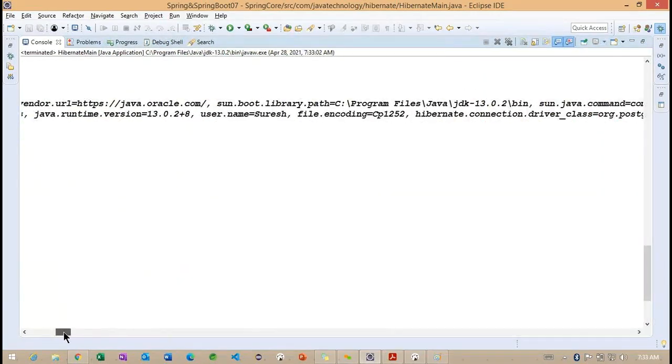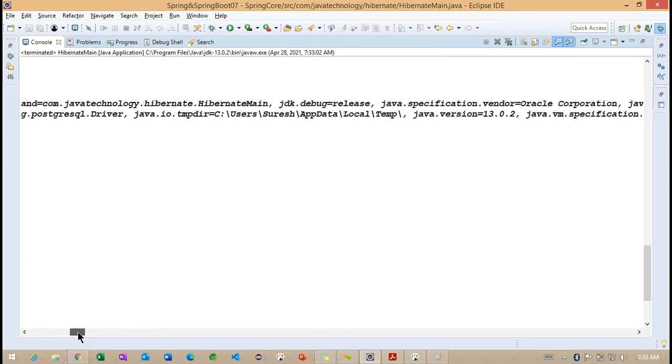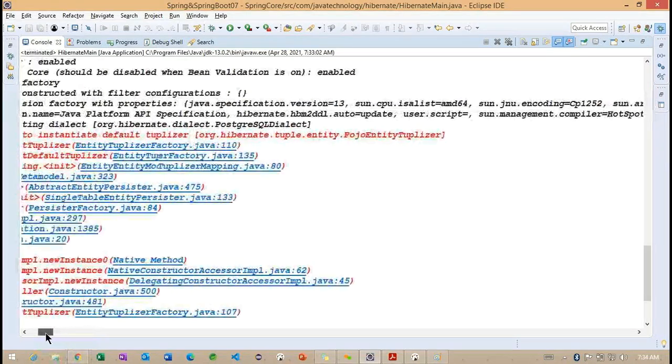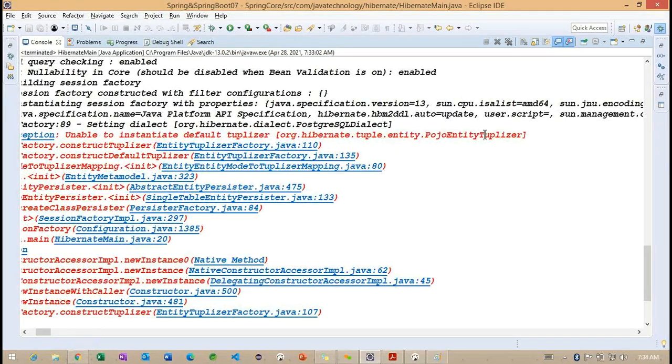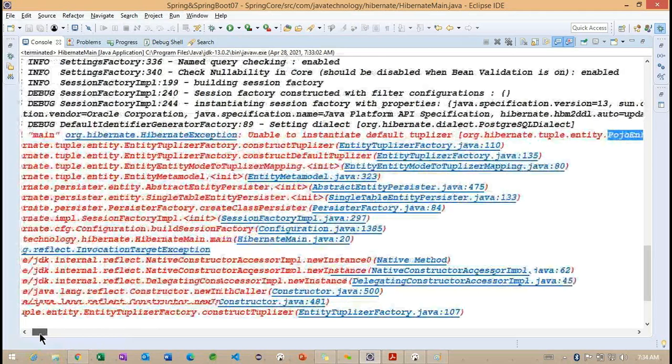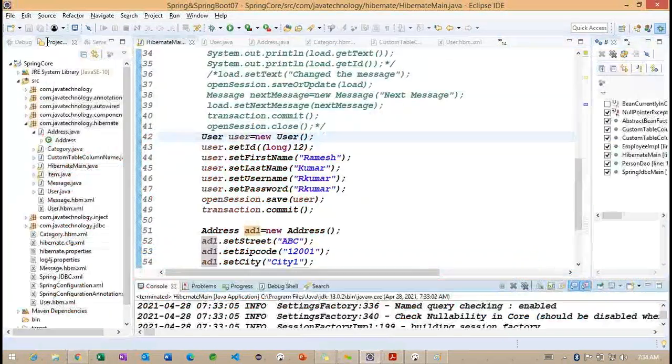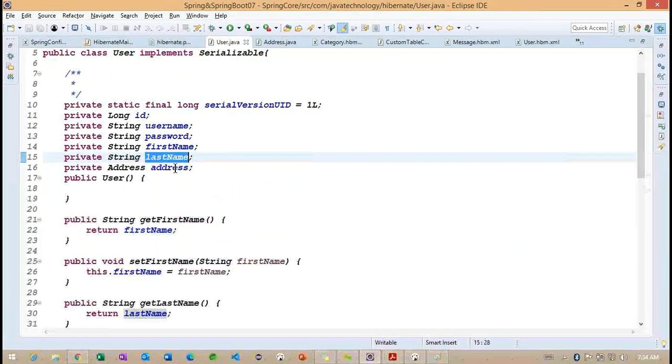Right. So to understand here, so these are the important. Let me read one more time here. So Pojo entity unable to instantiate the default localizer. Okay, we'll try to change to the home address.